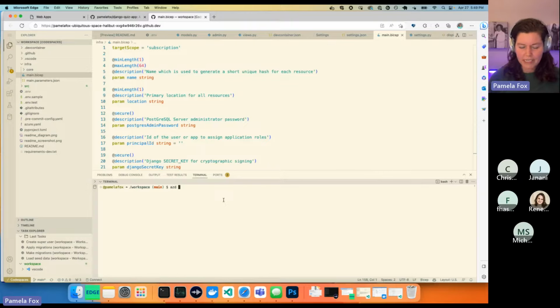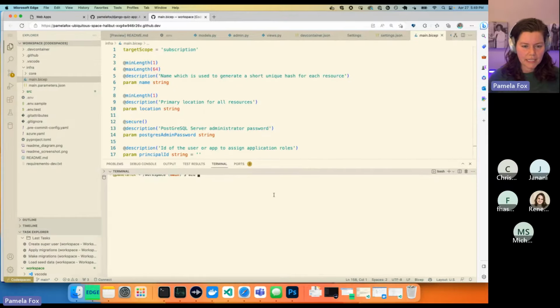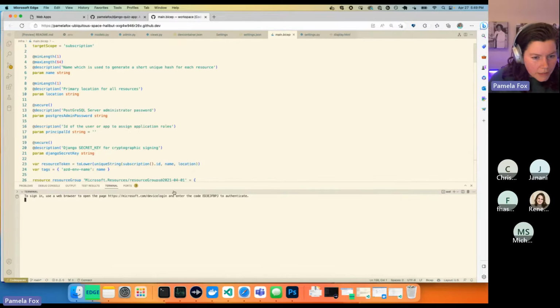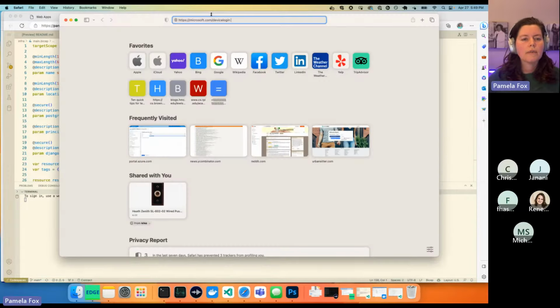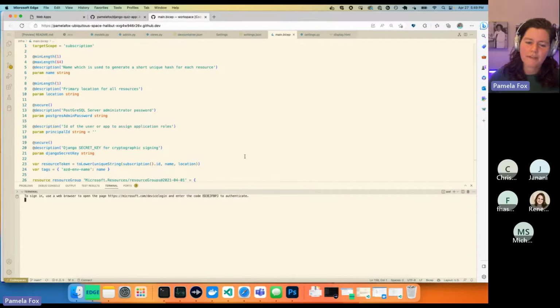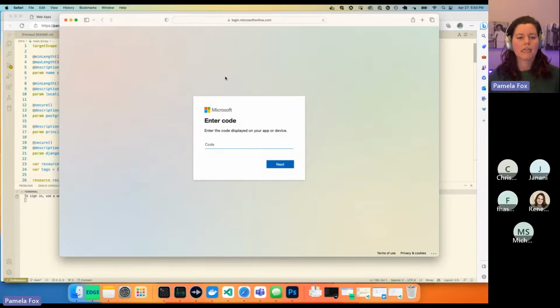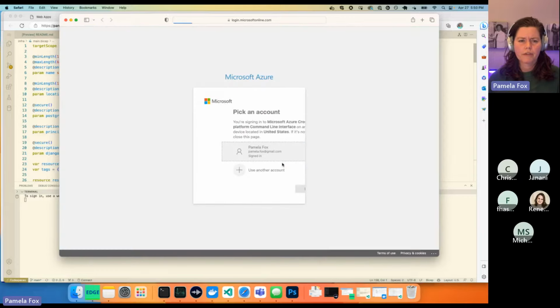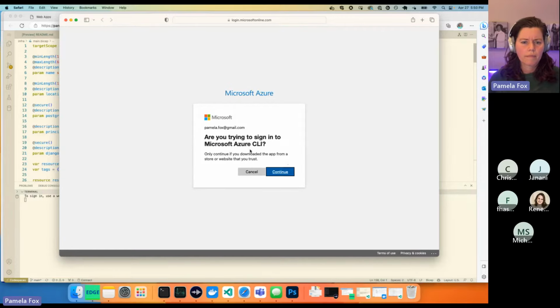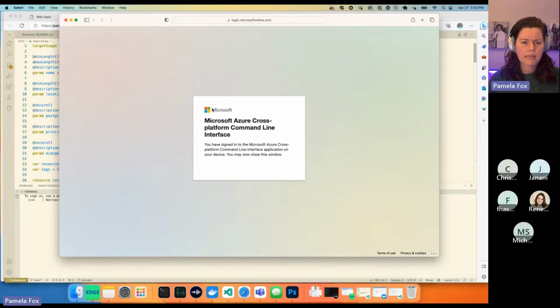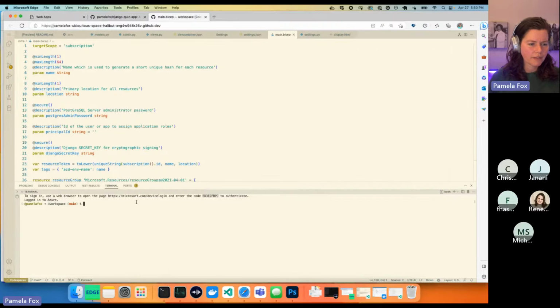So let's see, I'll do azd auth login. All right, so I'm going to do it in my personal account. I'll just have to remember to delete it afterwards so I don't incur any cost, because some of these things do cost money, depending on your account and whether you currently have the free account. The pricing is kind of complicated, but if you have the free account, then they won't cost money. Okay, so now I'm logged in,